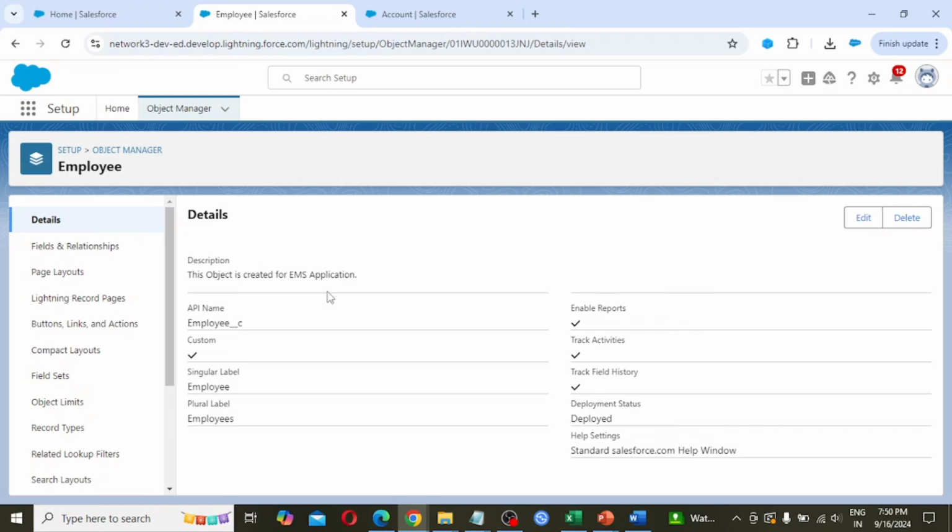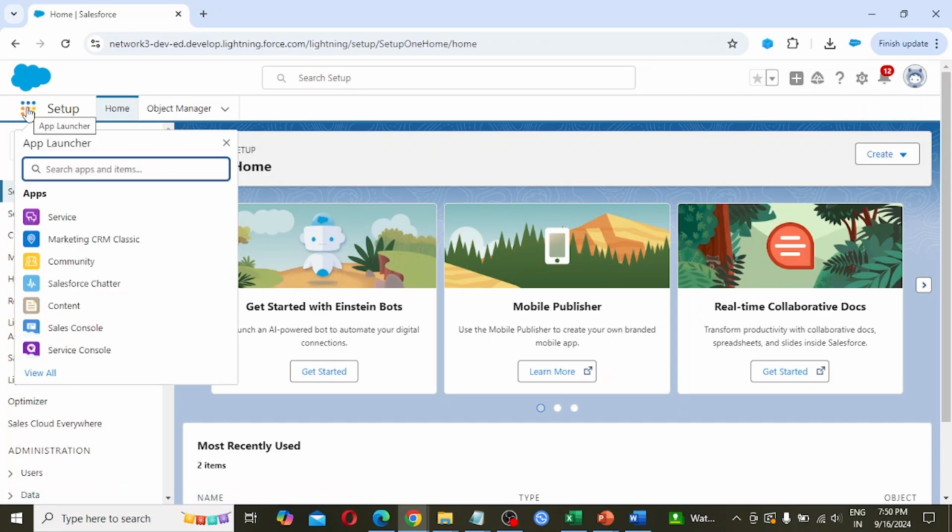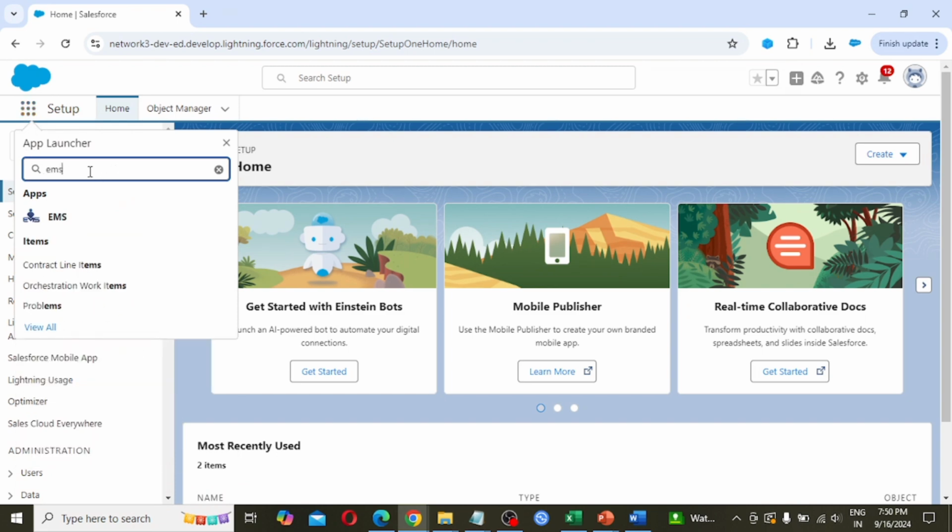How to find our custom object? I am closing all the tabs, coming back to the home tab, and going to the app launcher, typing our application name EMS.